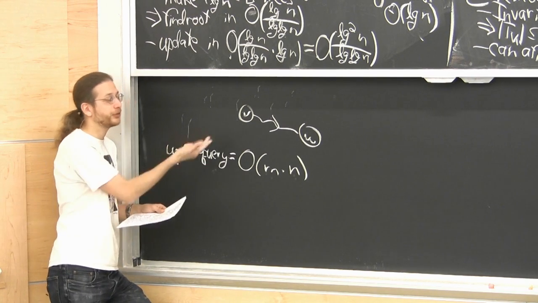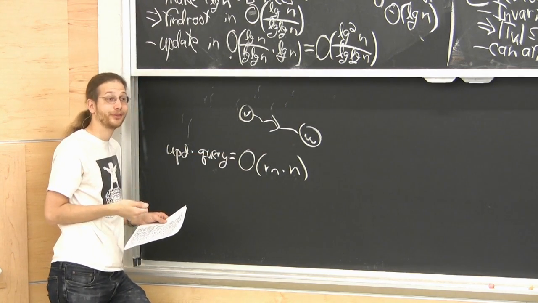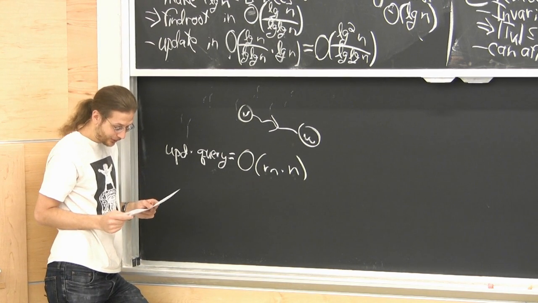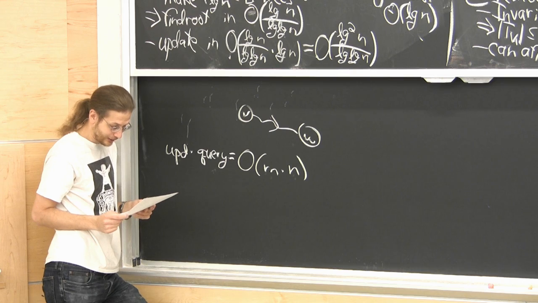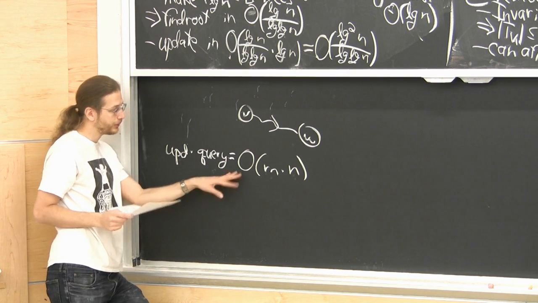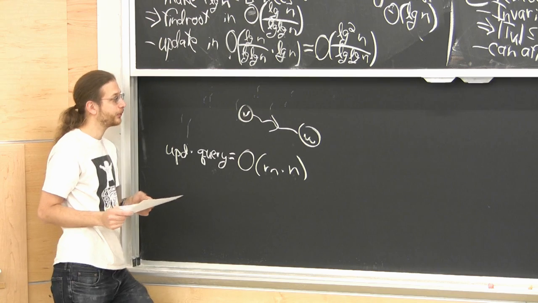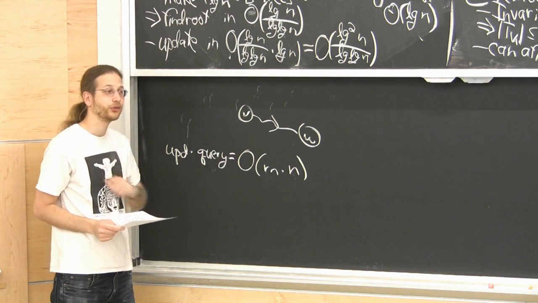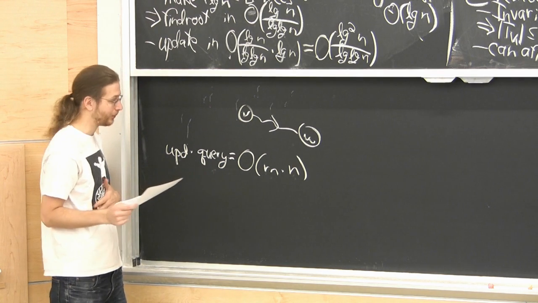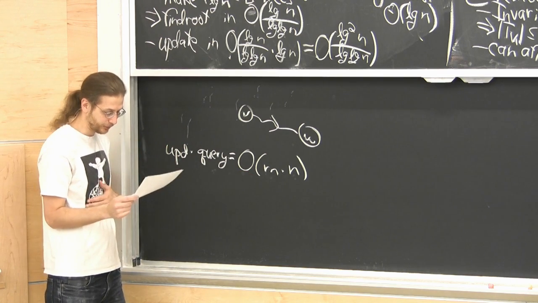And then a harder version of this is you have weights on the edges, and now the query is not just find a path, find the shortest path. This is what I call dynamic all pairs shortest paths. This is even harder. There are some results where you can do roughly n squared time updates, constant query. So it's maybe similar types of trade-off curves, not really known. When all the weights of the edges are 1 and you just want to find the shortest path in terms of number of edges, you can't do that much better. Still, this is the product, but at least more of the trade-off curve has been solved.